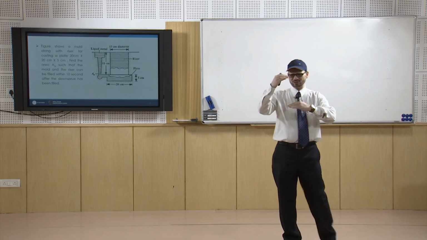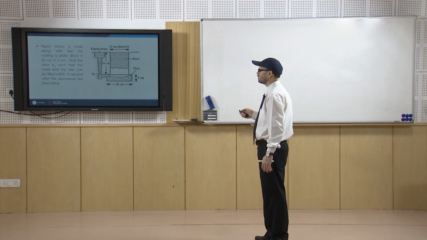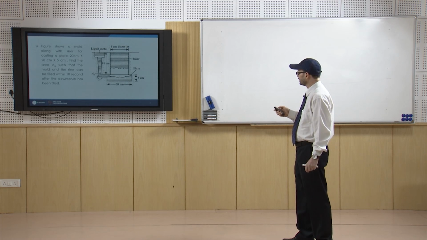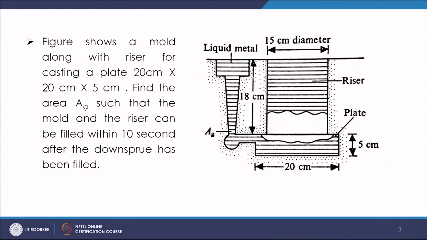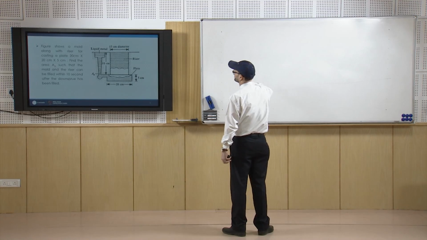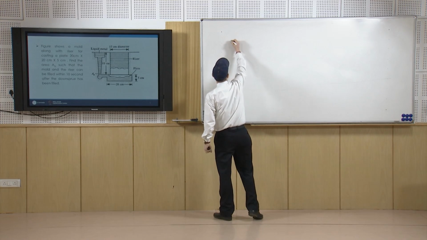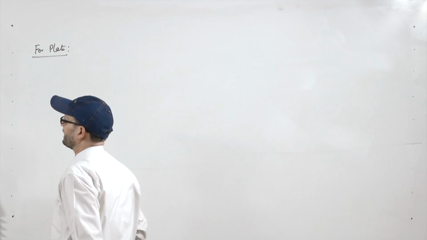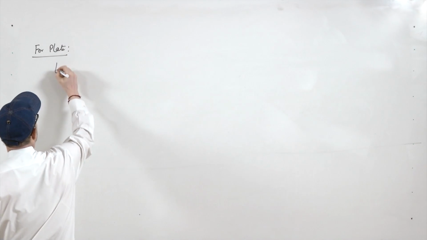So, the 2 portions are to be filled up, one by top pouring method, another by bottom pouring method, and the condition is given that this should be done within 10 seconds of the time. So, let us see what will be the time taken? In this case, what is given, let us first write. For the mold, when we talk about the plate, if we get the time taken, since it is a case of top pouring, so time taken